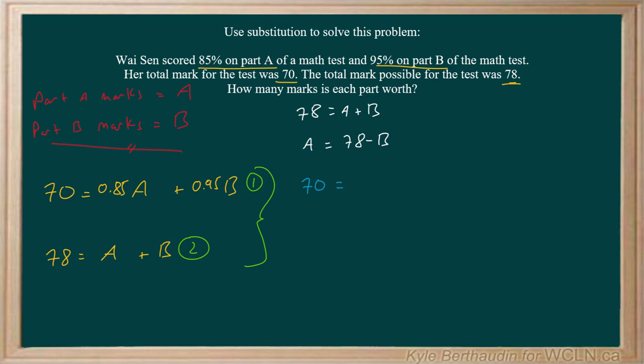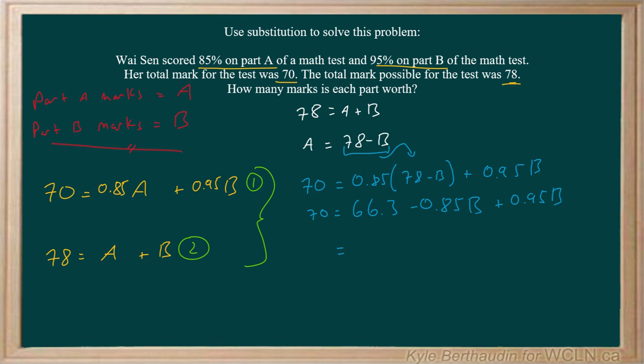So equation 1 now looks like 70 equals 0.85, but now we're substituting A in here, which is now (78 minus B), plus 0.95b. Expanding out these brackets, we have 66.3 minus 0.85b plus 0.95b. We can subtract the 66.3 from both sides